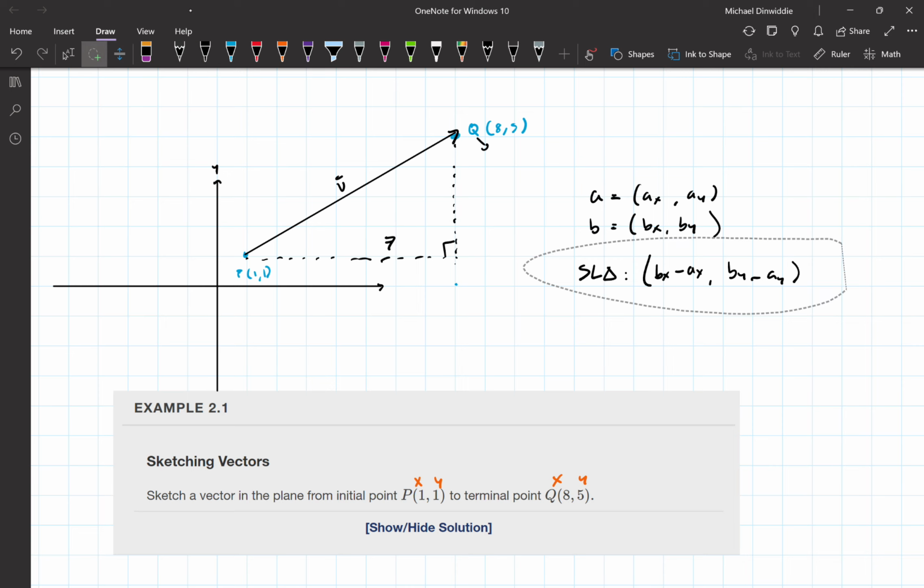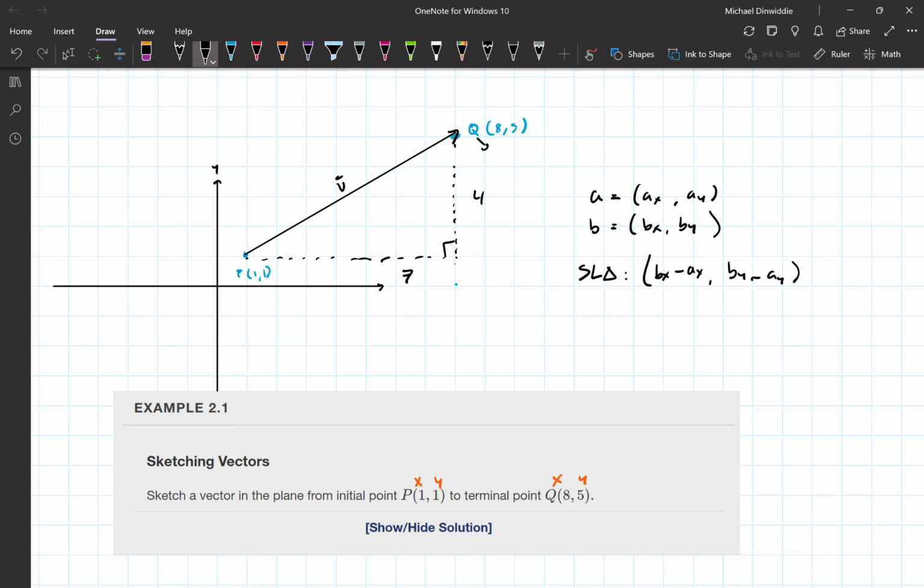Now this will always give us the side lengths for the triangle. Now those are very useful because these side lengths serve a very important purpose. And that's not just that they're side lengths, but they are also the descriptors, the components of our vector